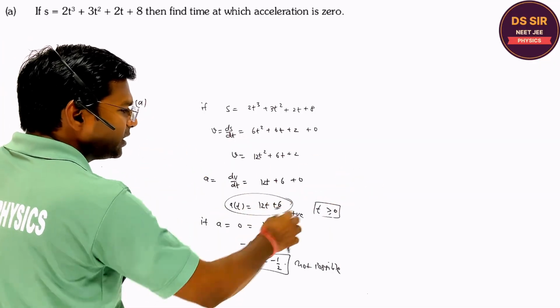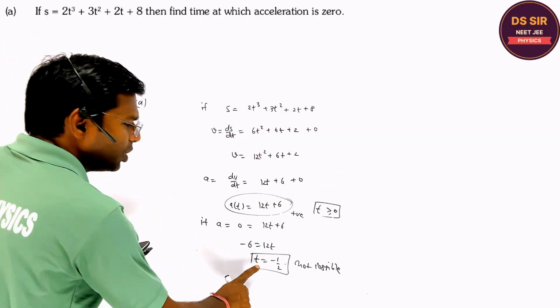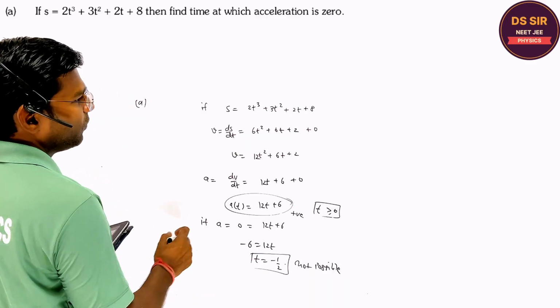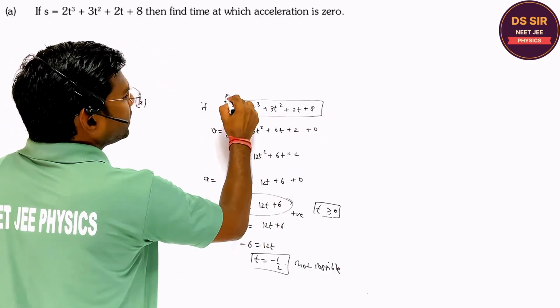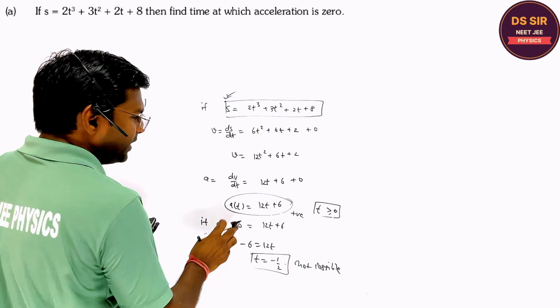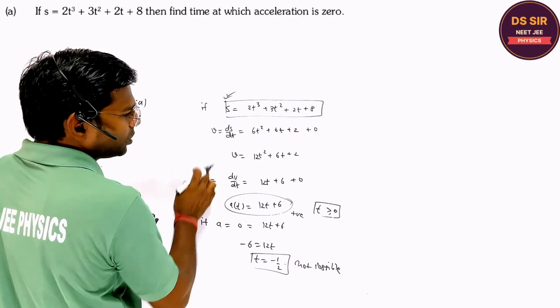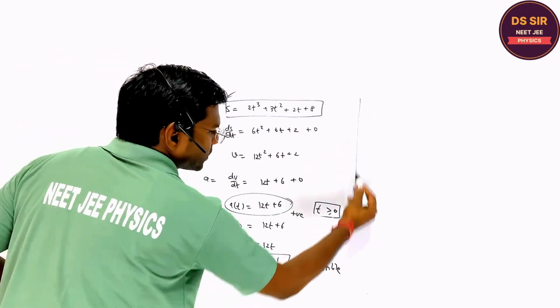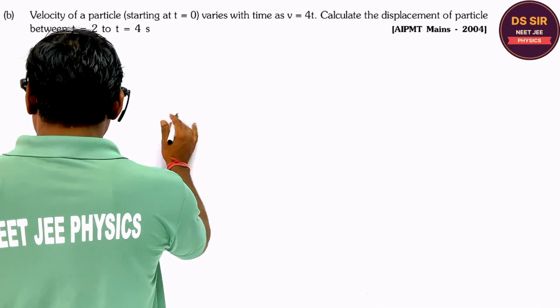And as the time is increasing, the acceleration is also increasing. So when the displacement of the particle is given in such a way, its acceleration can never be 0 according to this relation, right? This is the first part. Copy this. So read this question.